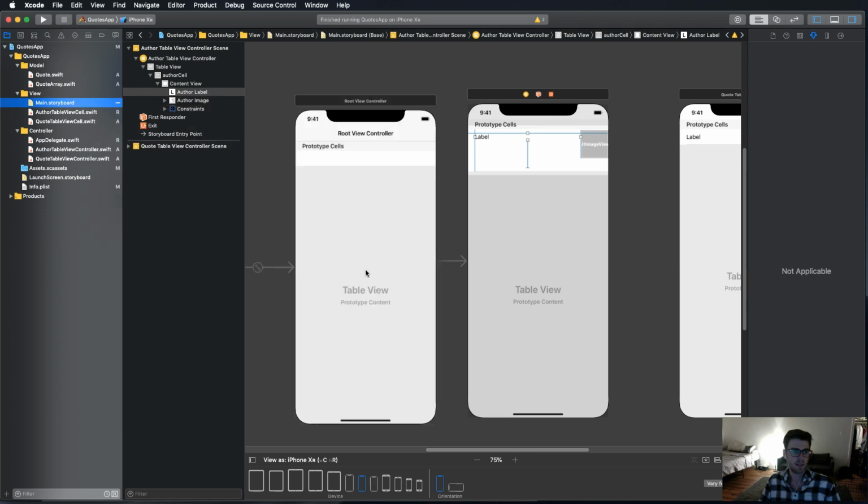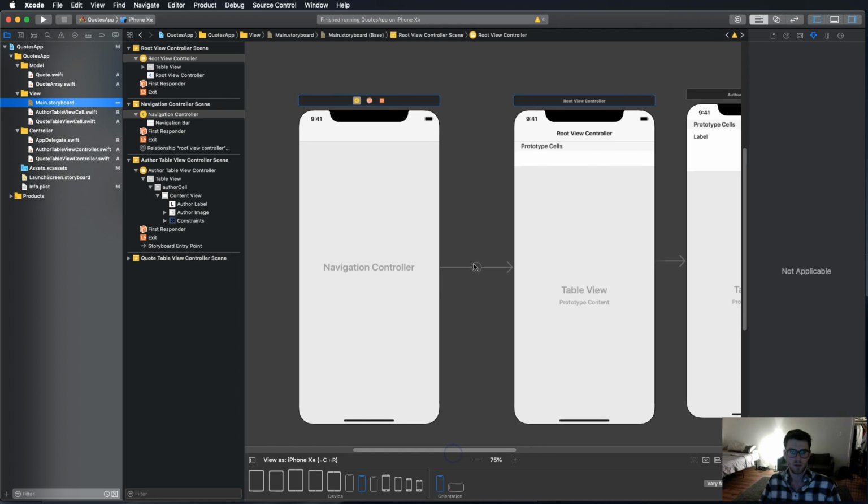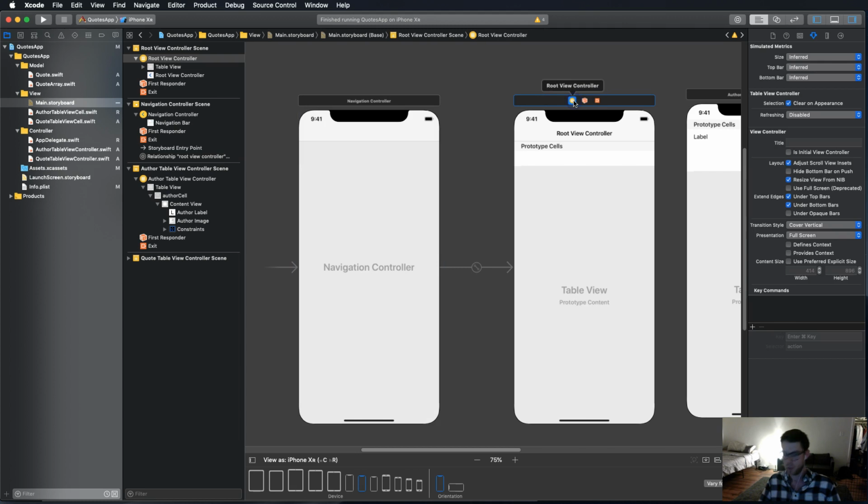That's what it's there for. That's what it does. And so we're going to take this. See this, so that's what this arrow is like. When we open up the app, what's the first view we're going to open up? So this arrow needs to be pointing to the navigation controller. And then this root view controller,